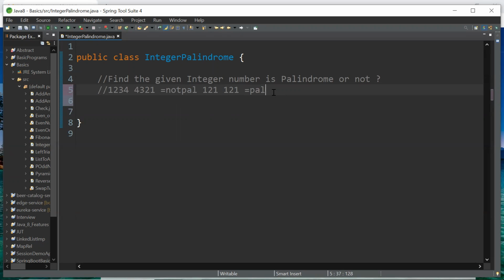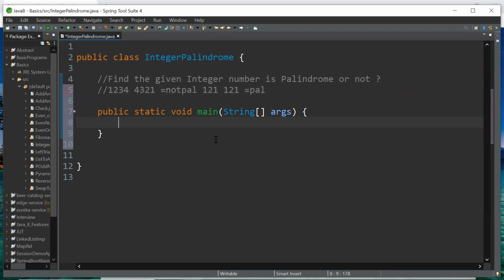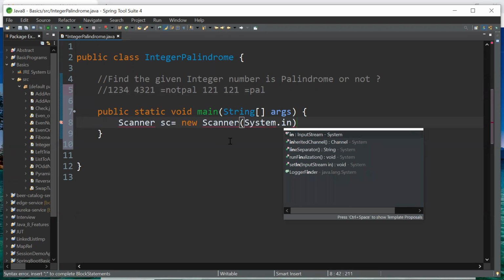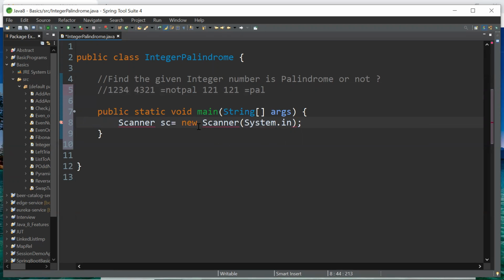Okay, now let's go ahead. Take a main method. Scanner sc is equal to new Scanner of System.in. Import the java.util package.